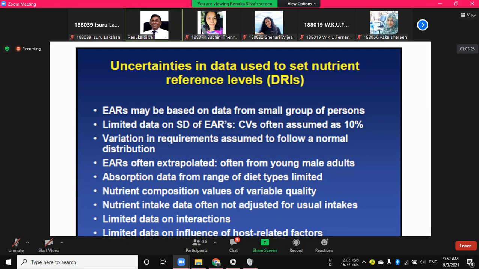For example, in the Sri Lankan diet, we get most of our protein from rice, but that's not the best quality protein. More than that, we get the highest amount of iron also from rice, but that iron is non-heme, so we can't absorb it. So although the dietary assessment methods show that we get iron, that iron is not absorbed into the body. So absorption data from a range of diet types is limited. We don't know the absorption. Nutrient composition values